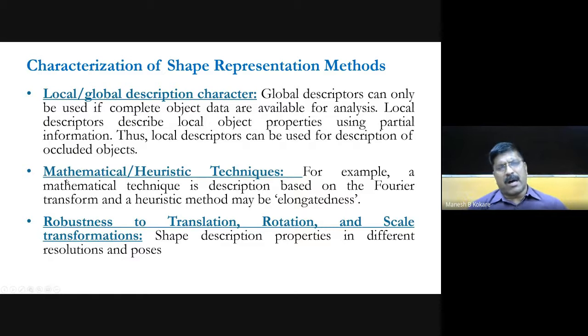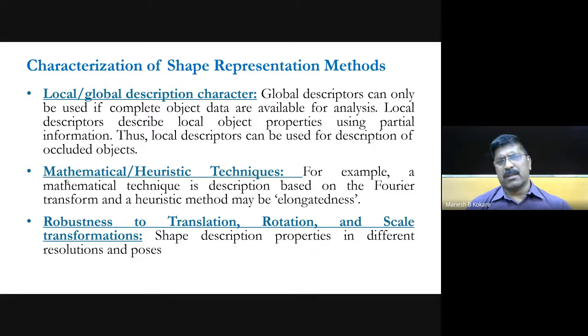Also, some techniques are very robust to translation. Even if the object is shifted from one place to another, you can extract the shape property. That is translation invariant. The shape property at this location of the object is the same as at the translated location. The same happens with rotation: if the object is rotated in any direction, your shape property will remain the same; that is rotation invariance.